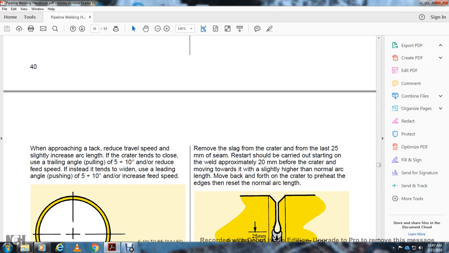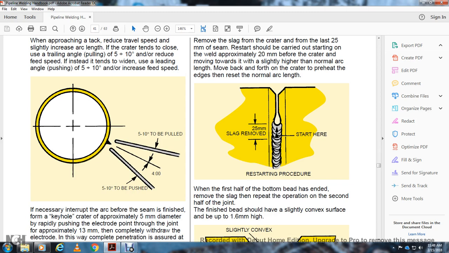Speed with the feed instead of the tending, with the use for the leading angle with the push of 5 to 10 degrees, and or increase the feed speed with the 5 to 10 to be pushed, and if necessary interrupt the arc before the seam of the finish for the keyhole